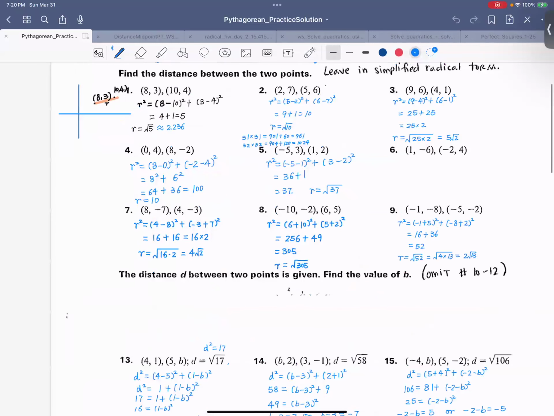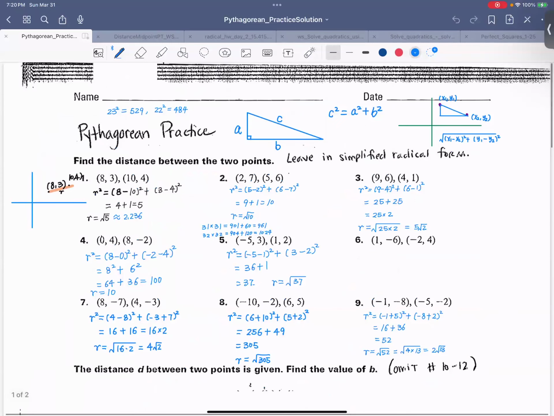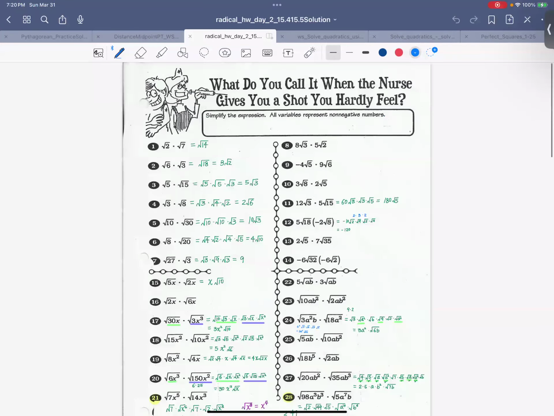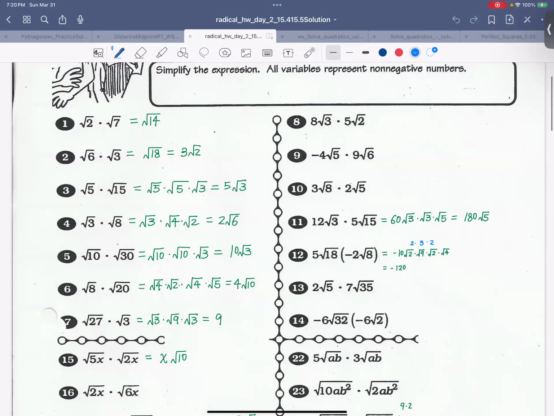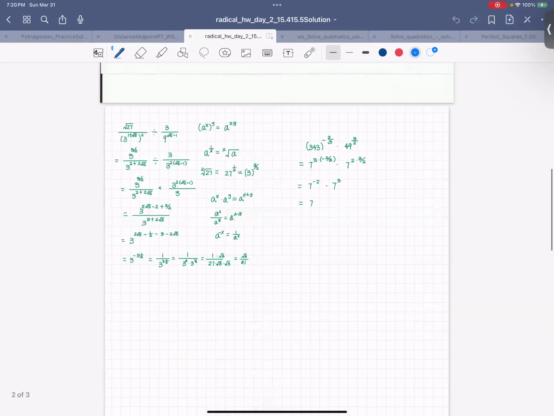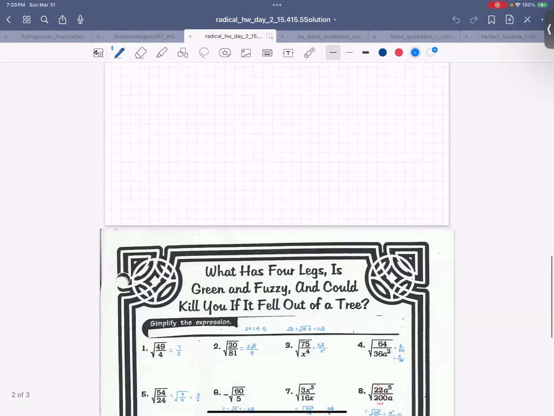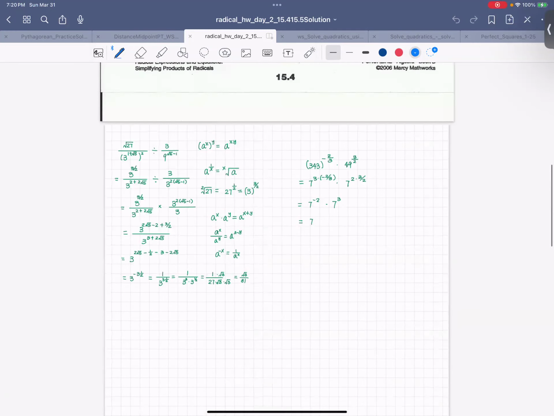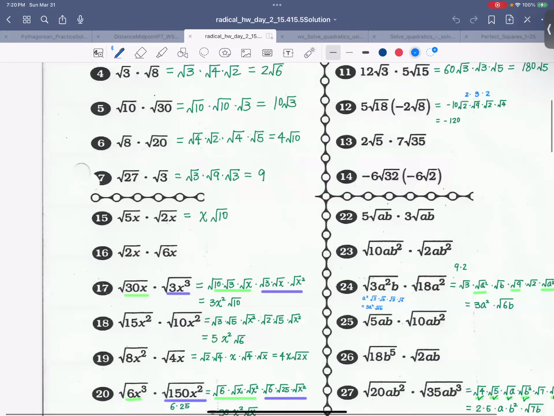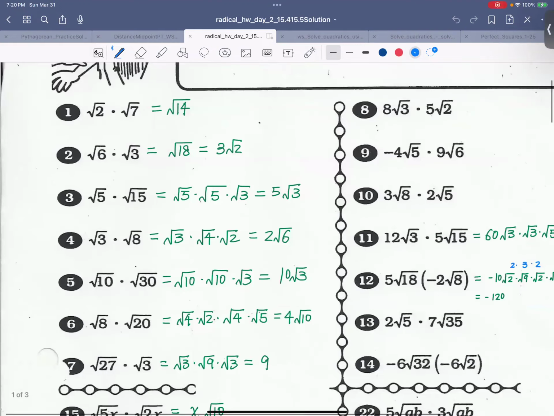Let's look at those. Let's see this here, okay? We want to simplify those radicals. Remember the number system that we talked about before. So if you talk about the radical numbers, you have